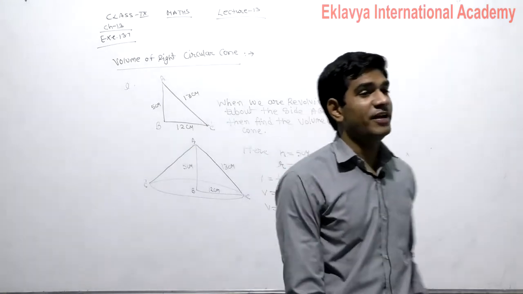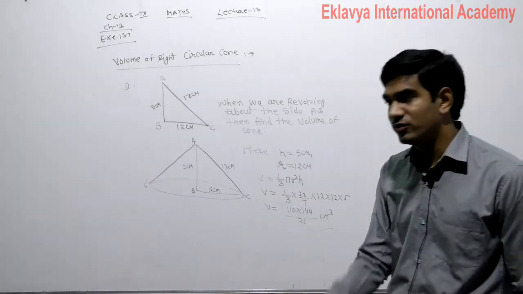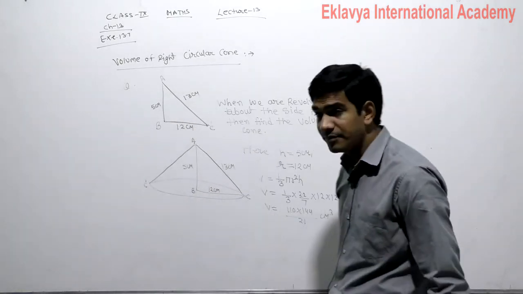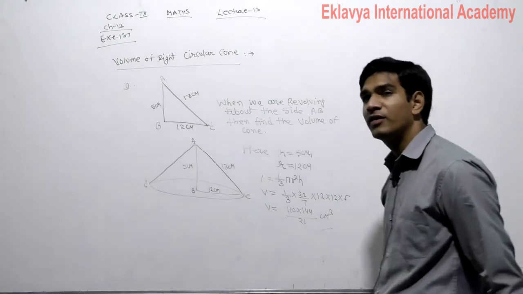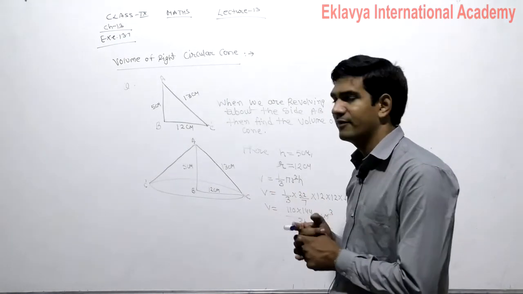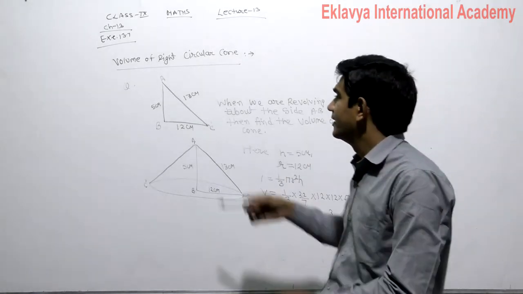The remaining side is the base of the cone, meaning the radius of the cone. And the third one, which is the larger side, becomes the slant height of the cone. Understand? Any problem? So that is a very, very important question. इसी में सेकंड क्वेश्चन क्या फॉर्म हो सकता है?